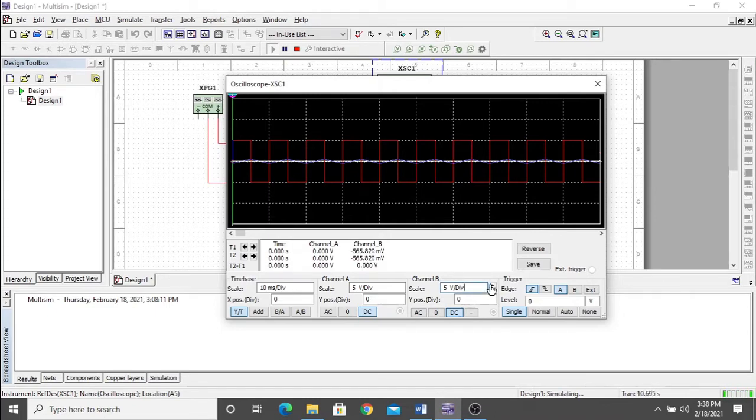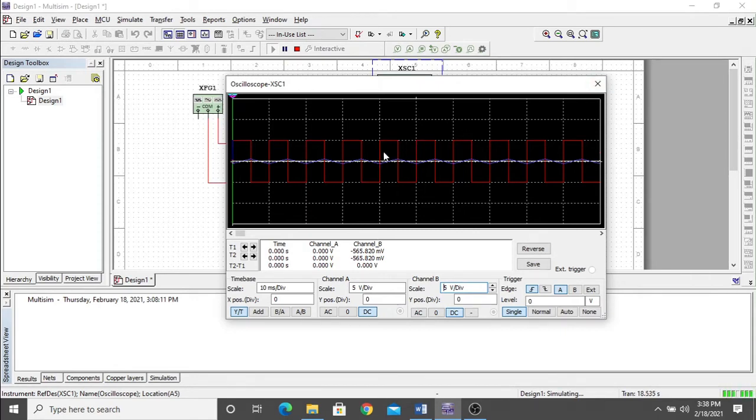the capacitor is not able to charge completely. Okay, while analyzing such things, you should make sure that both the channels are at the same values, like 5 volts per division, 5 volts per division. 5 volts per division means that each box is equivalent to 5 volts. Okay, are you getting my point? Okay, so now we have to do some calculation.